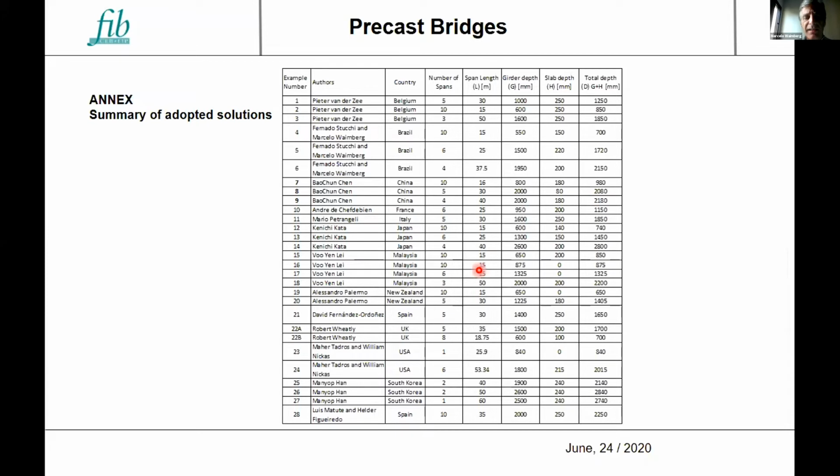Here you can find each example, which is extensive and provides calculations and dimensioning of the structure and reinforcing steel, but you will also find a summary of different characteristics of each example. For instance, you will find geometry characteristics such as span length and depth of the girder and of the slab for each of the examples.